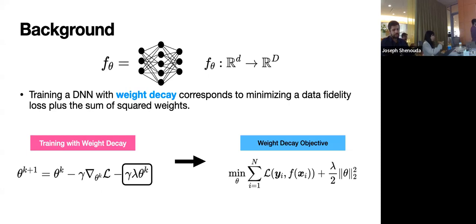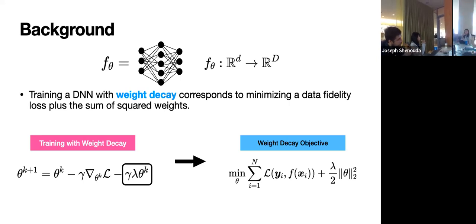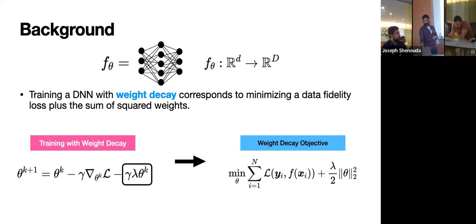Yeah. So what you're doing is you're trying to get a good fit to your data, and you're also trying to do so with the smallest sum of squared weights on all your parameters in the model. Okay. All right, so the second formulation, which I call the weight decay objective, is what I'm really going to be talking about when I'm talking about weight decay in this talk. So I'm not really focused on the optimization part of it. I'm focused on what you're actually trying to minimize.